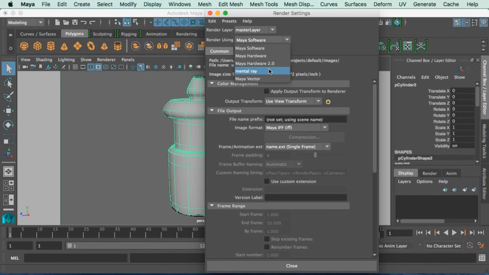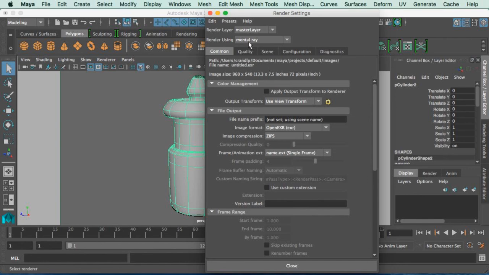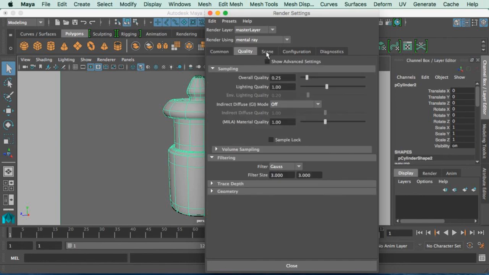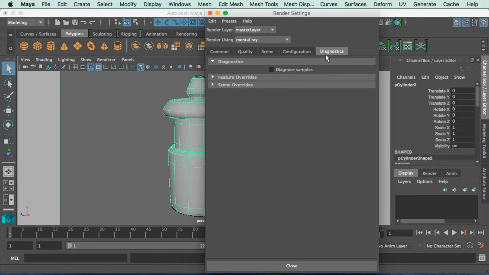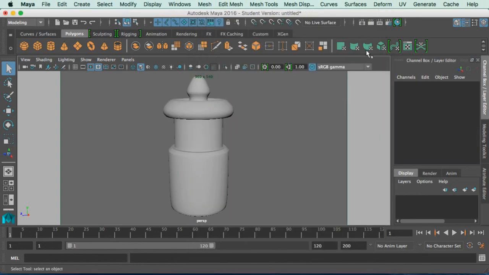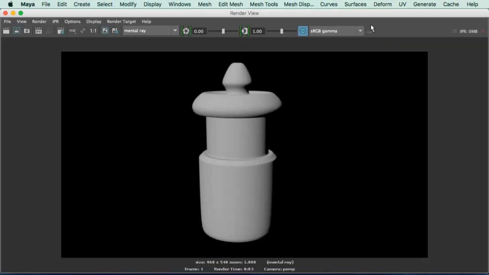However, we're going to stick with Mental Ray because it's a really good one to learn, and it's pretty accessible for everyone out there. So once you enable Mental Ray as your rendering engine, you can see that we get a couple different tabs here, and some of these we'll talk about in a minute. But let's, at the very least, close our render settings and fire off a render. Look, there it is. Okay, so once we enable Mental Ray as our rendering engine,